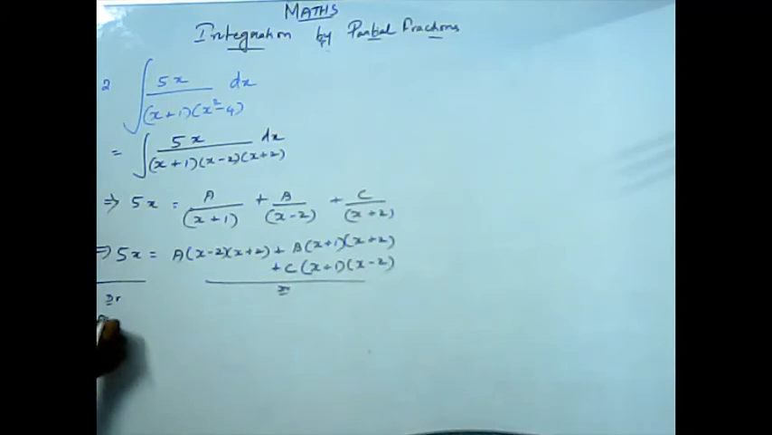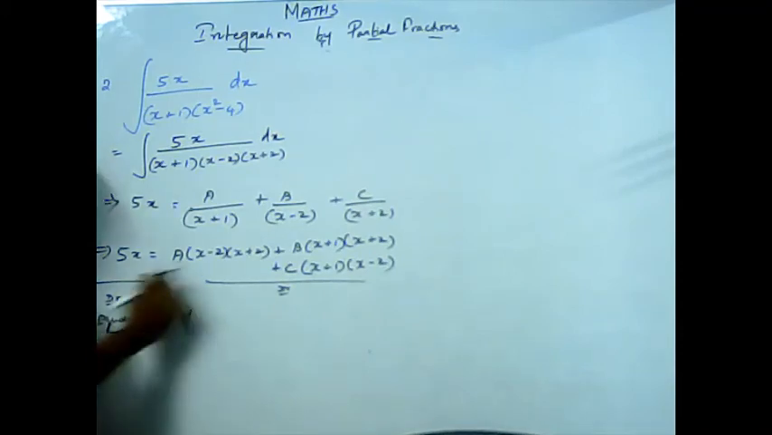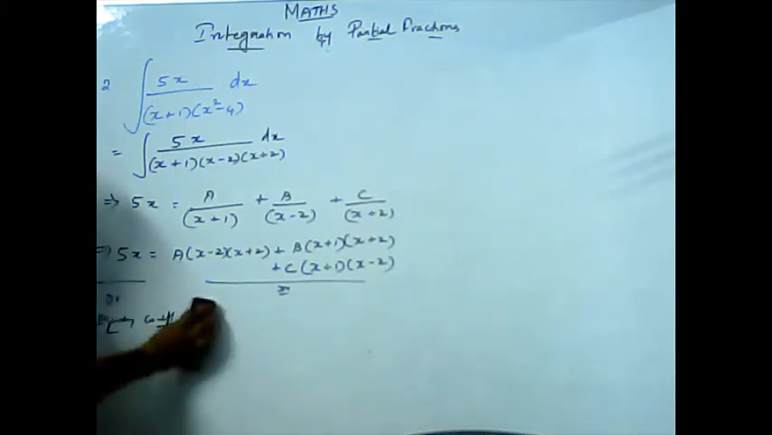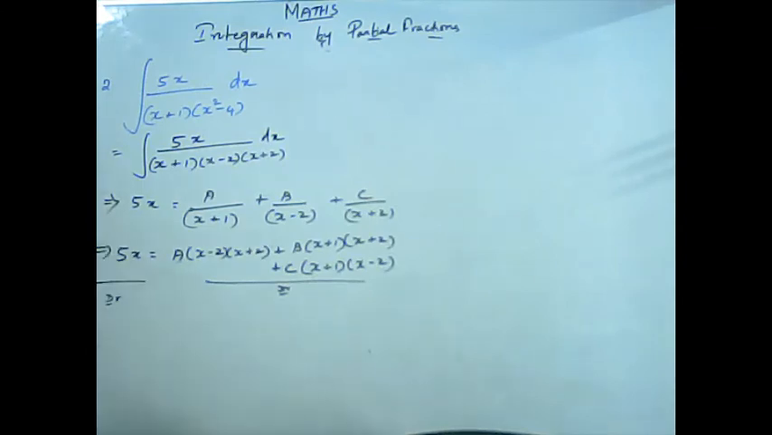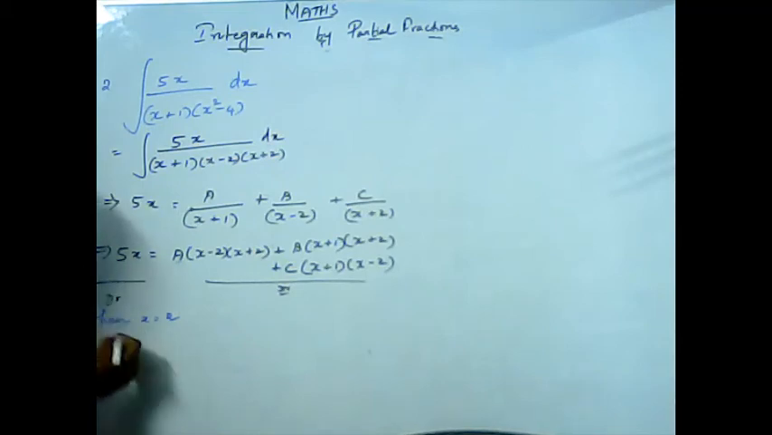Now equating the terms, either you can equate the coefficients of x or you can just make some substitution. What I feel is that using the substitution method will be simpler for us compared to equating. So when I take x is equal to 2,